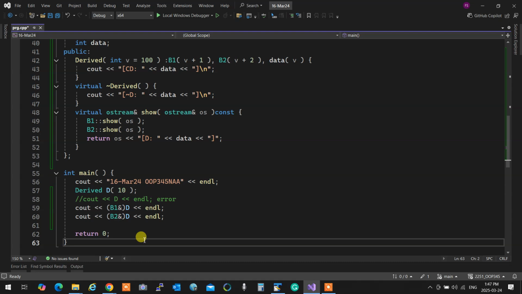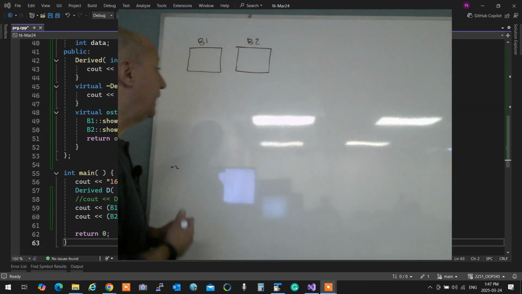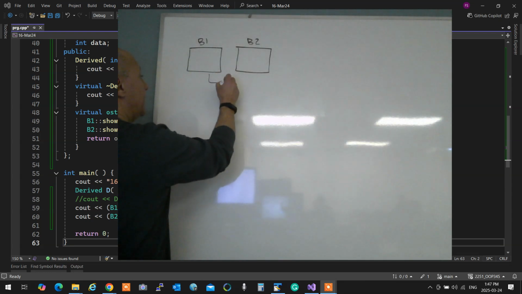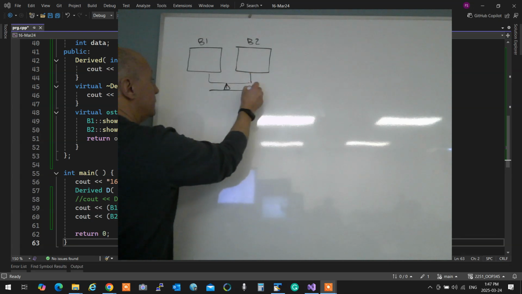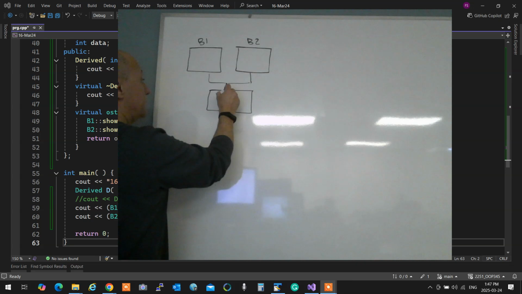Am I making sense? Essentially, I have B1 and B2, and I am inheriting these two into derived.